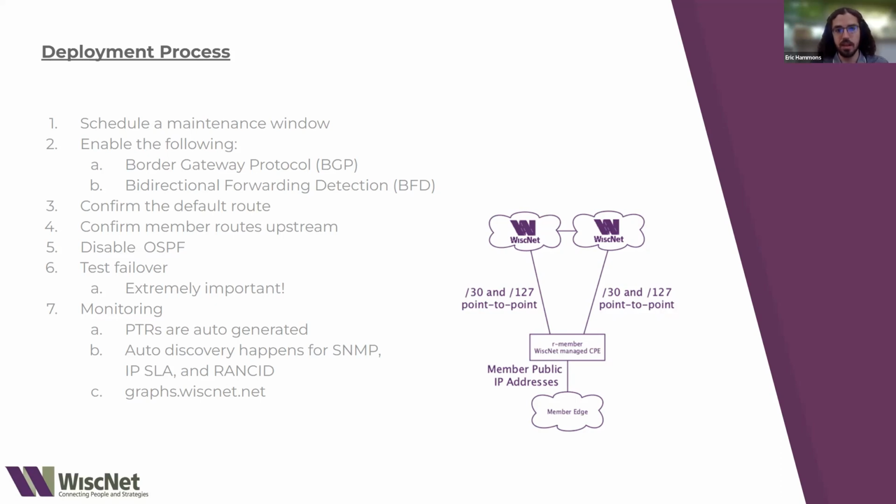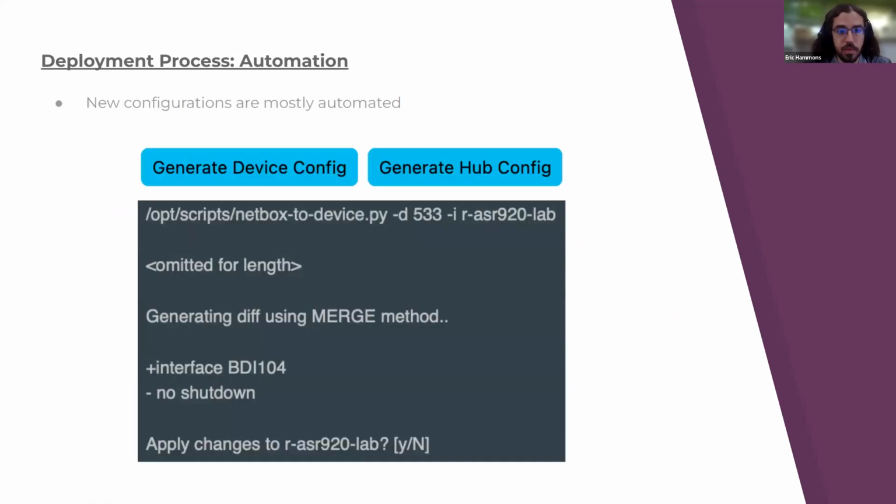IPSLA is similar, and Rancid auto-discovers as well. And then graphs.wiscnet.net is populated also by our circuit records, which the source of truth, as we said previously, comes from NetSuite. So there we go. And as for automation that I mentioned previously,